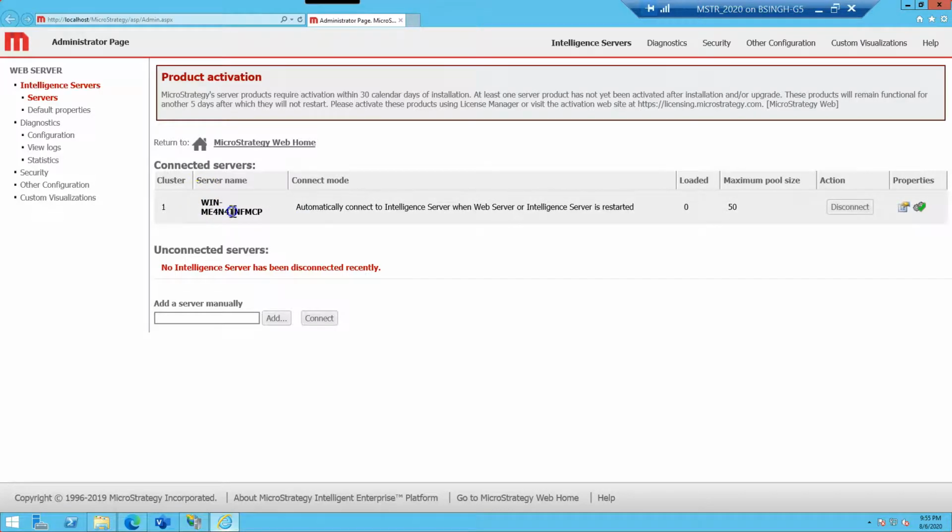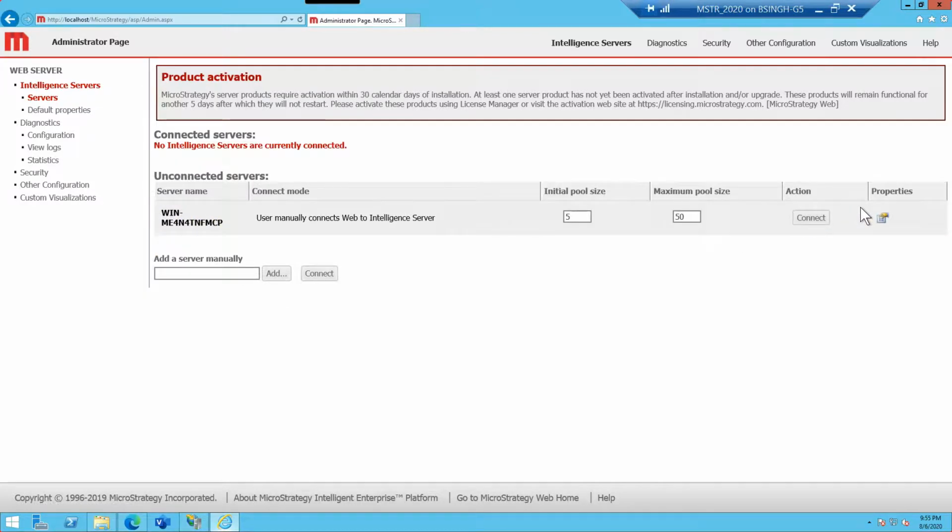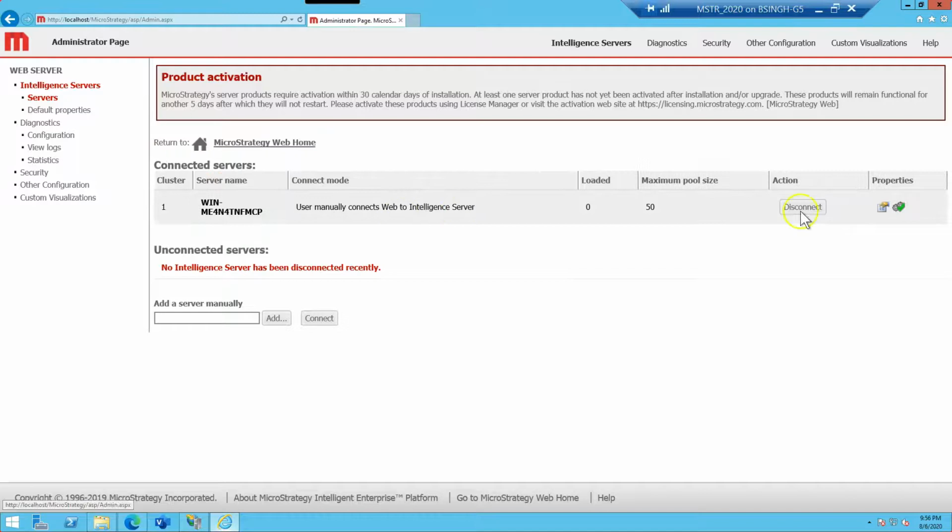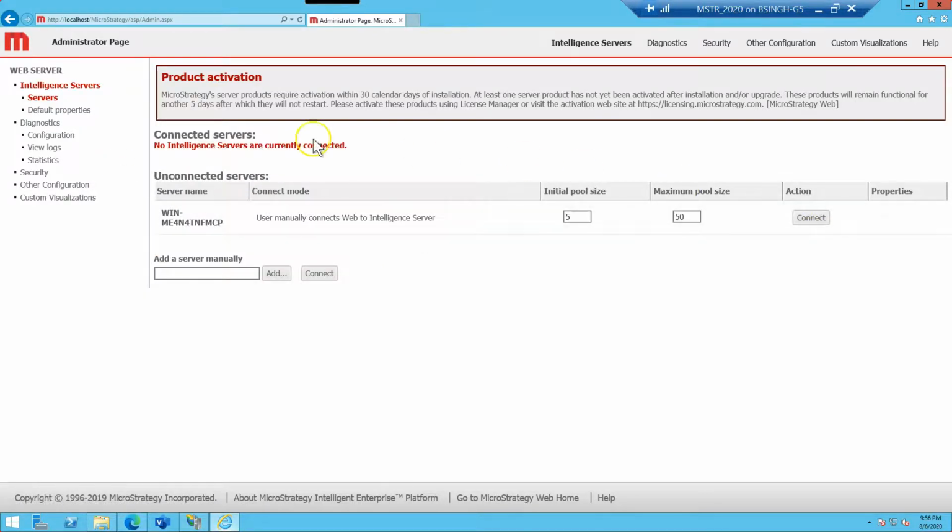I have installed this and already configured it, and this intelligence server name you have to enter here. It's connected. Let me disconnect it, and it's showing that it's disconnected, so you have to click on the connect button, and it will connect your intelligence server. If it's disconnected, your web server is not going to work, and you will get an error on your web page.